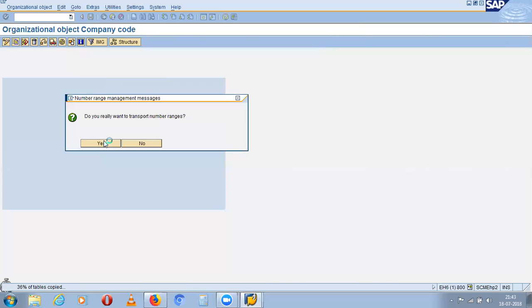So there you can see that now it is 37% of tables copied, 50, 67, 69, right?